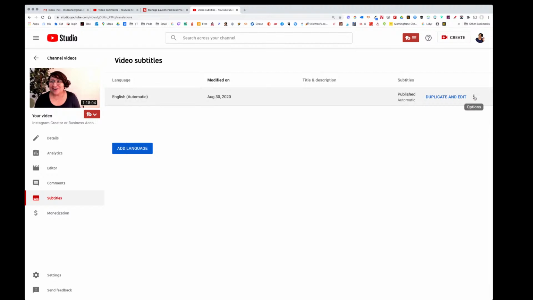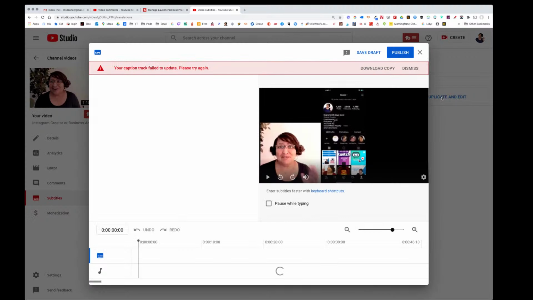Oh, before I do that, I want to go over to the three dots and show you the different options you have here. You can unpublish them. You can download different types of files, which are VTT, which I never use, SRT, which I do use because they work on Facebook, and SBV, which I don't use. Okay, let's go to duplicate and edit.